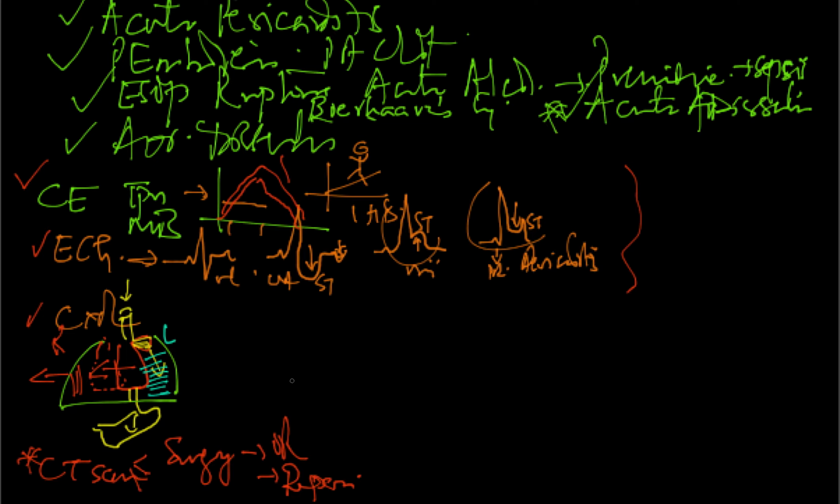Now, remember aortic dissection. Here is your schematic of the aorta. Assuming that this is your arch of the aorta, this is your root of the aorta. Now we have the right brachiocephalic coming here, then you have the left carotid here and the left subclavian here, right? Okay. So quickly we can diagnose that. Just open these arteries up like that.